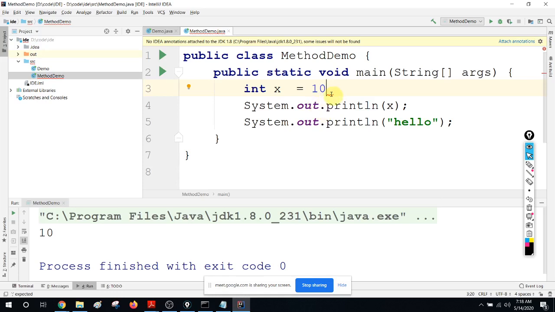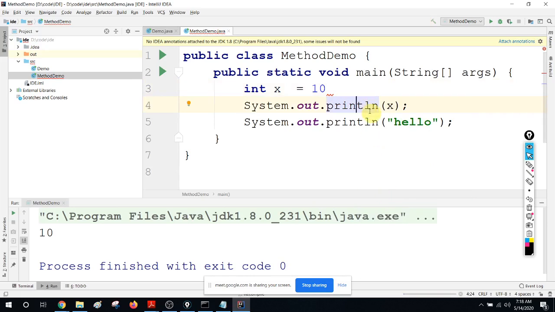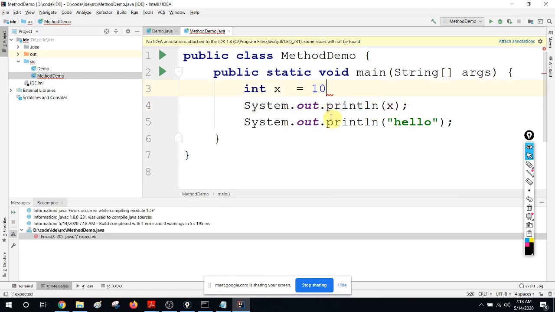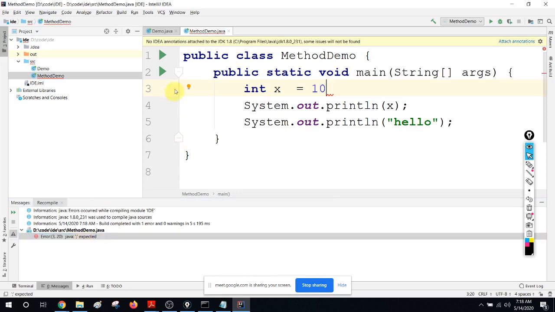If you compile without fixing it, I am going to run it, you will get the error again here also. It says error semicolon expected. If you click, it will be highlighted. It shows me the error.